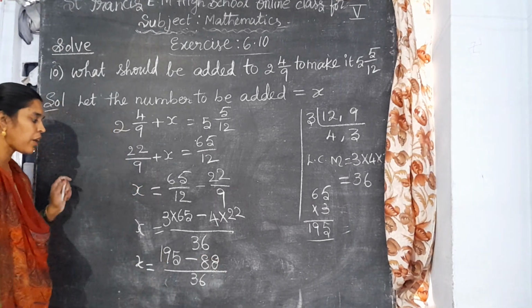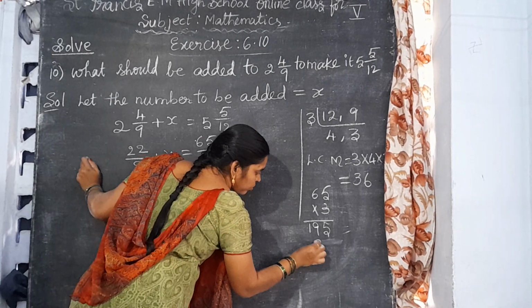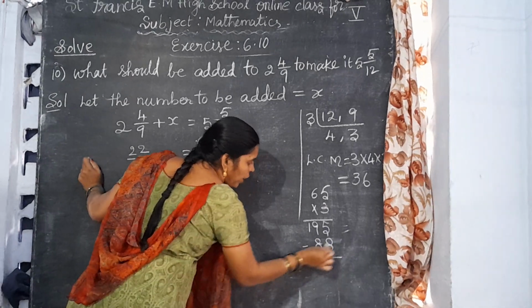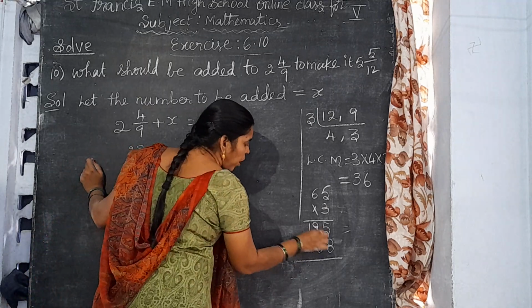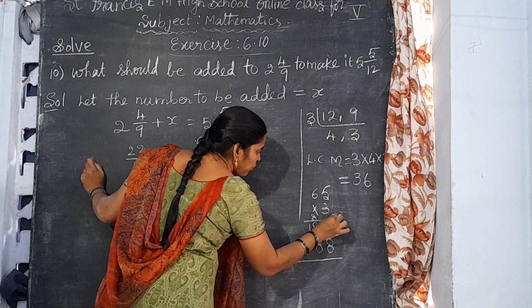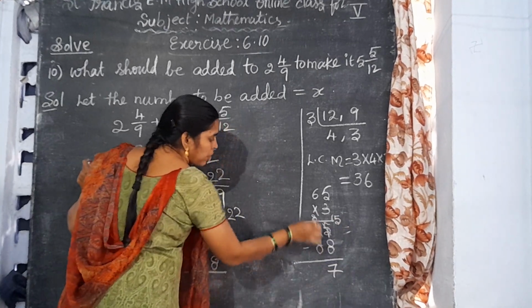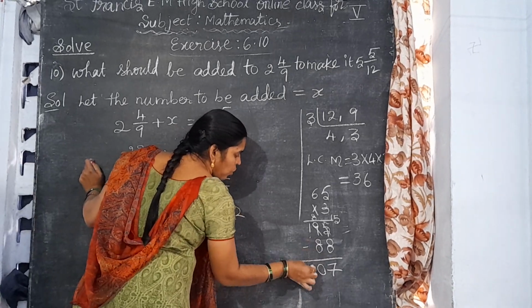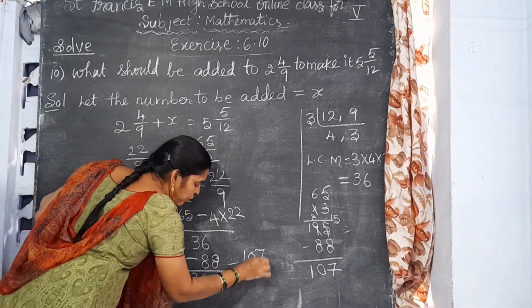So 195 minus 88. 8 does not go from 5. So take borrowing from the next number. Then 9 becomes 8. This 5 becomes 15. 15 minus 8, 7. 8 minus 8, 0. 1. So what is the answer? 107 by